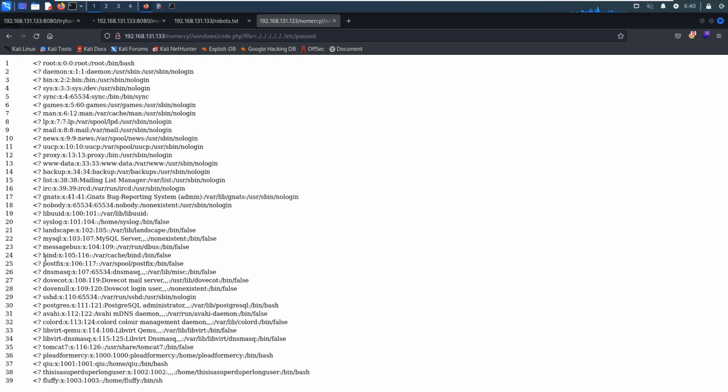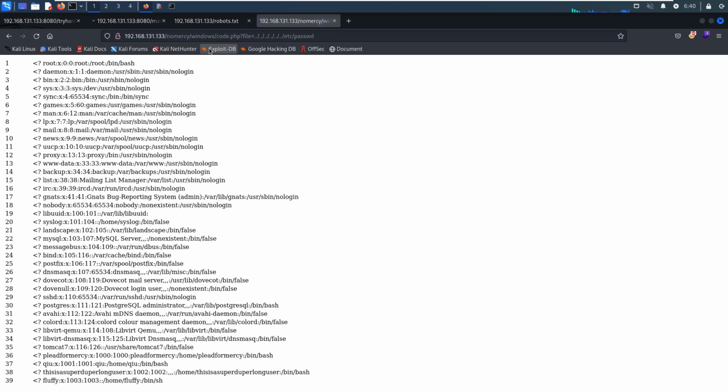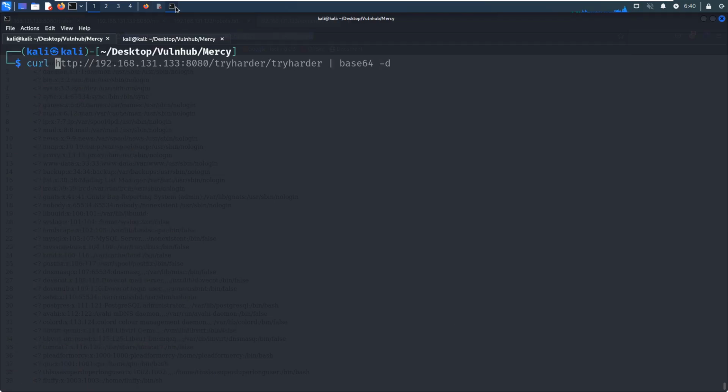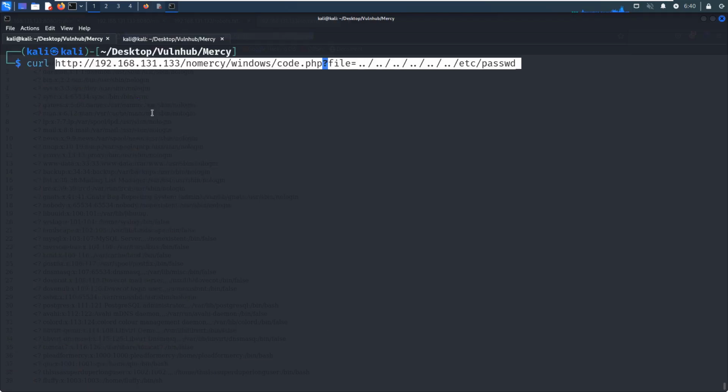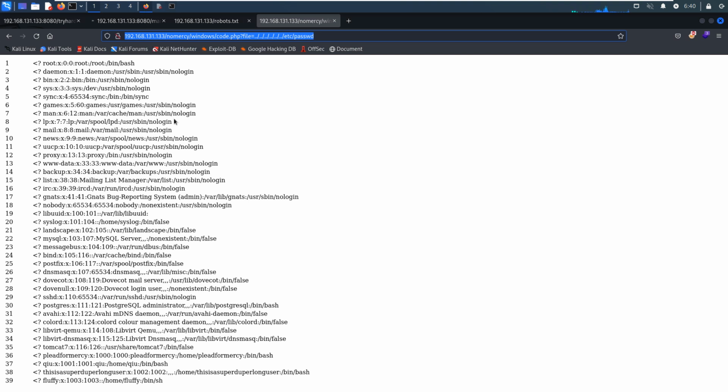Now we have confirmed that the target is vulnerable to the local file inclusion vulnerability. Next, we need to check whether maybe we can copy this path. Not very formatted. So how to exploit?